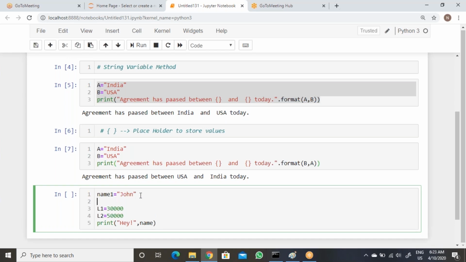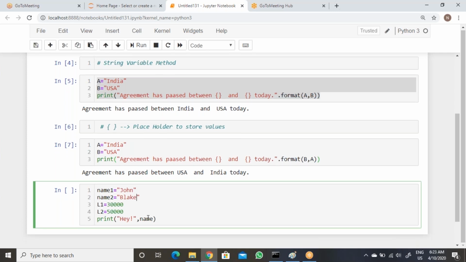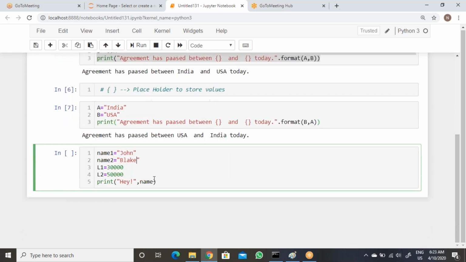Name equal to Chan, whatever. Then name 1 you can pass if you want, then you can take name 2, then it will be Clark, or you can take Blake.